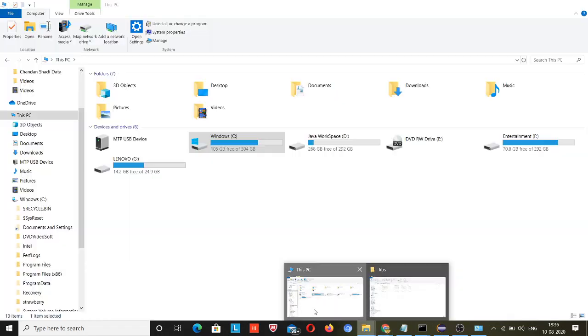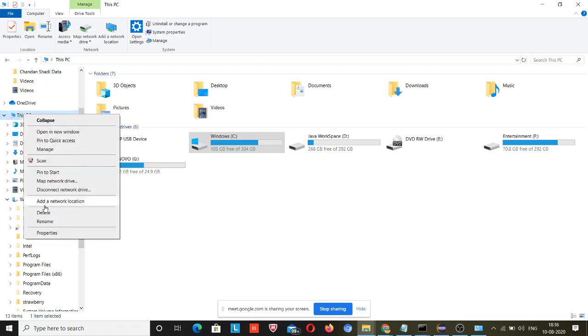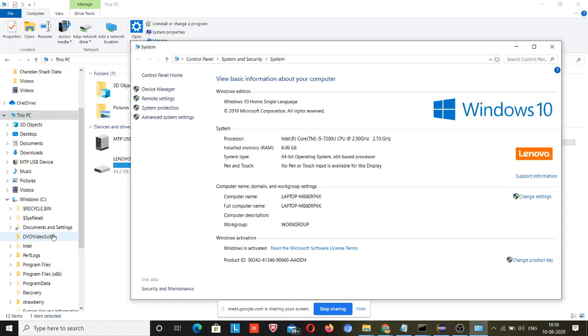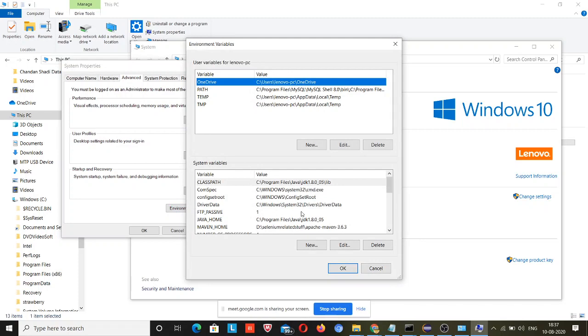So just go to this folder. I have copied that path. Right click on This PC, and after right clicking, you need to click on properties, and you will see here advanced system settings. So click on this. After clicking on this, you just need to click on environment variables.